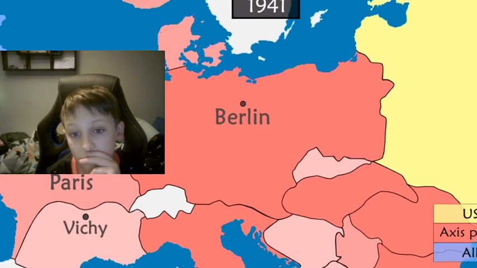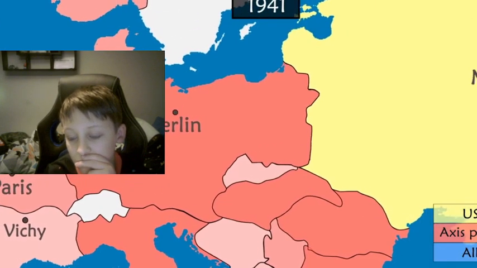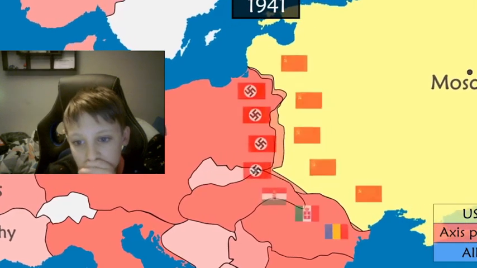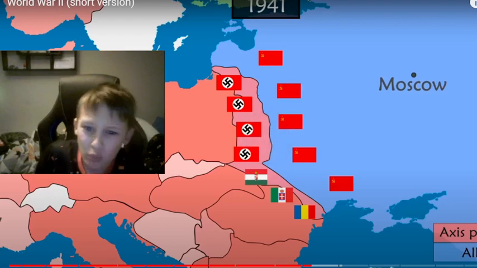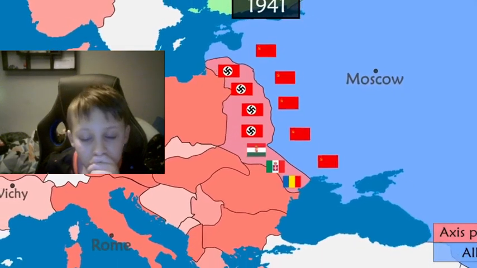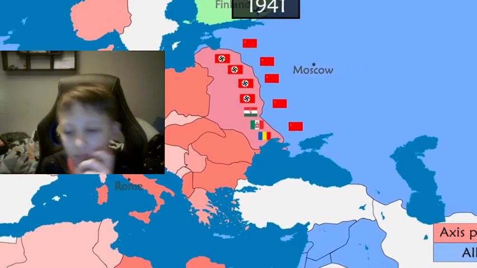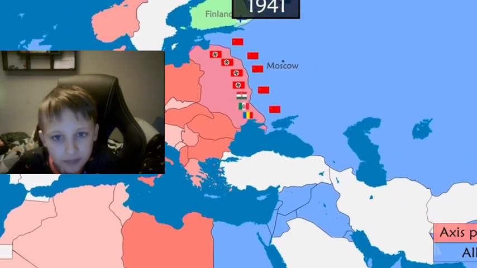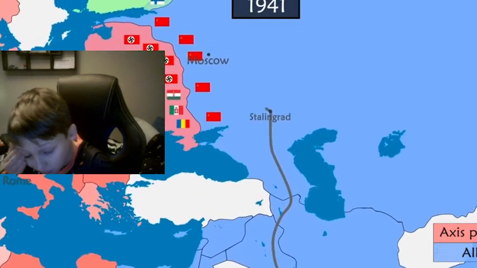On June 22, Axis forces launched, on some counts, the largest military operation in history to attack the USSR, which now passes de facto into the camp of the Allied forces. The bulk of the German troops, well equipped and motorized, rush to the east. To support the Soviets, the Allies occupy Iran, which then opens a supply route through the Caucasus.